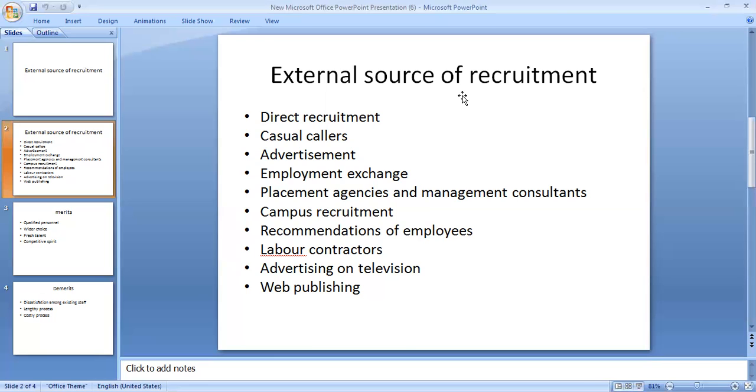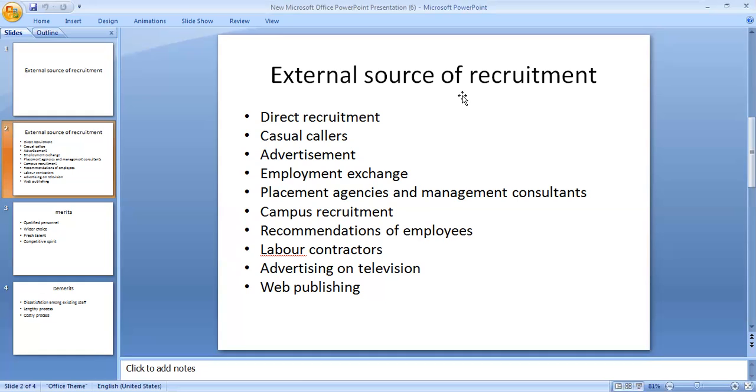All this information is given in popular leading newspapers, especially in newspapers and big business journals. This has a very wide range. It attracts a wide range of people who are really interested, talented, who have completed the qualification and are waiting for a job. They get a complete chance here, and they come forward and approach the companies.